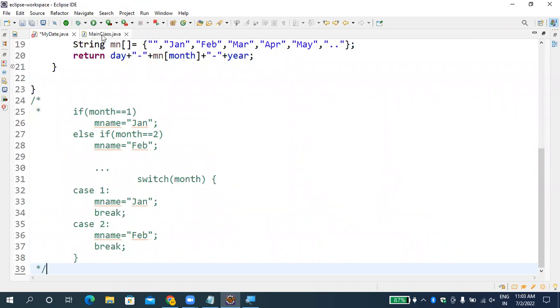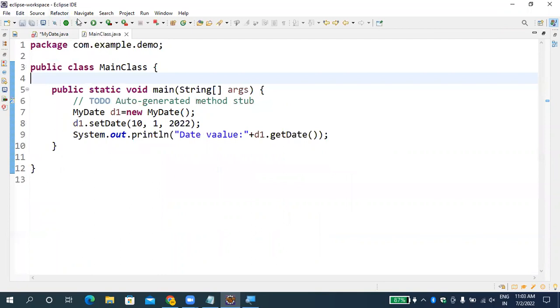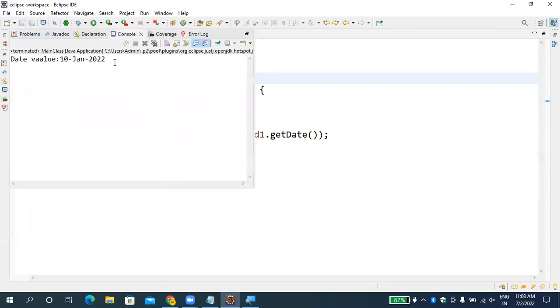So the double slash has created a problem. Let me run this. Now we got this 10 Jan. So how are we getting this one? Instead of writing the multiple series of conditions, so